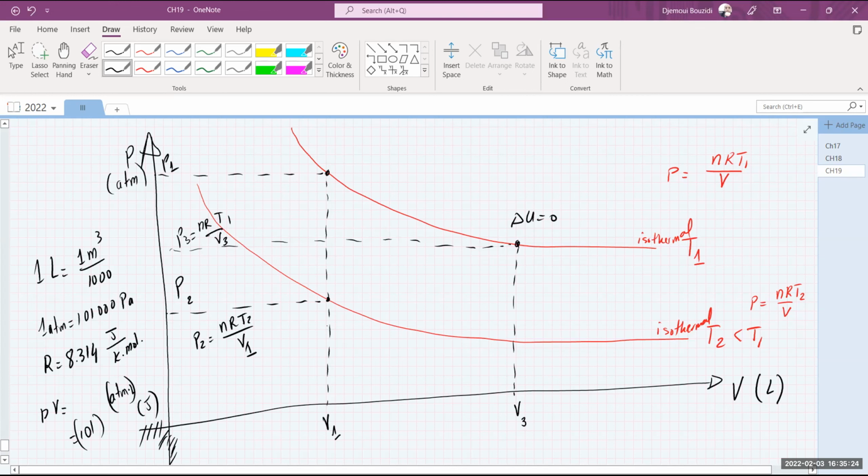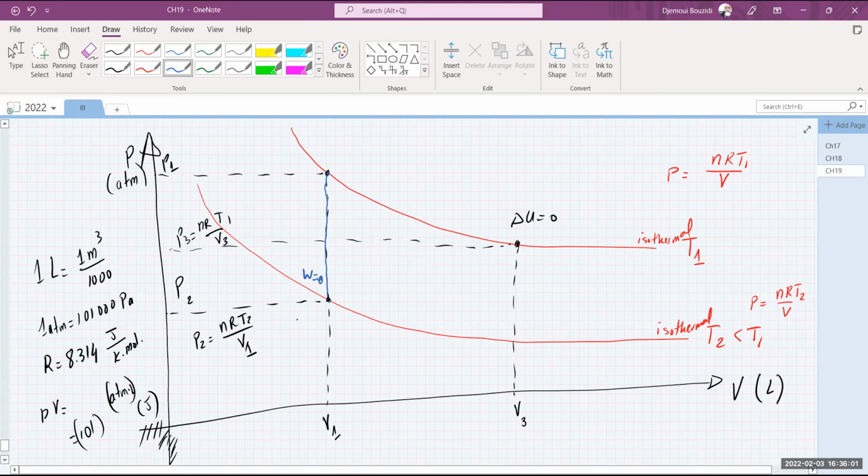Okay. This is a different isothermal. It has a different temperature, T2. So the process going from here to here is what we were talking about earlier as an isochoric process. This process is an isochoric process. The volume does not change. So this is where W is equal to 0. There is no work in here, no work associated with this process.